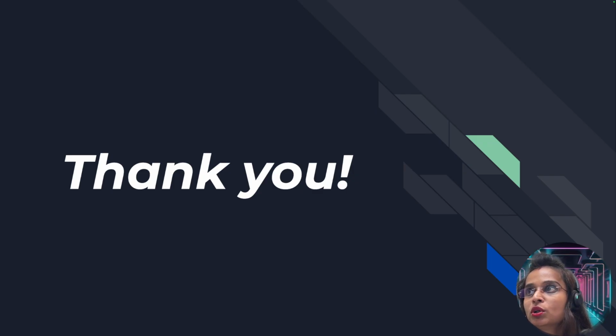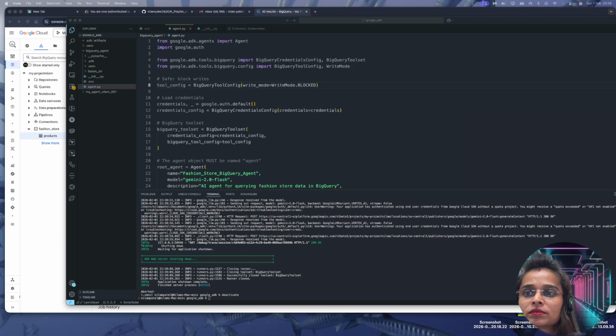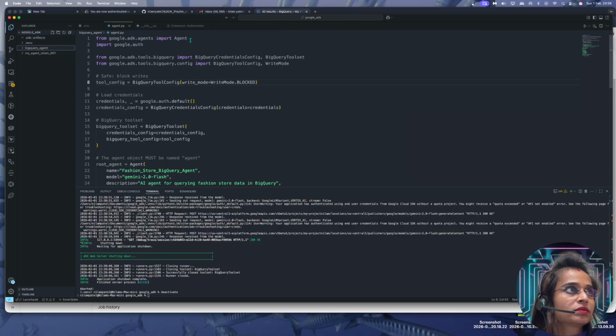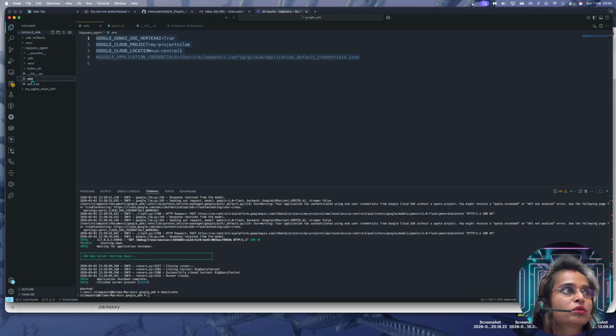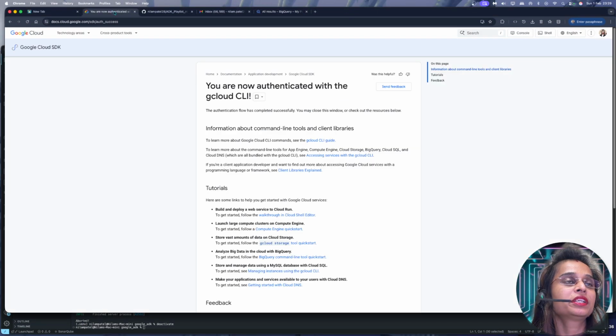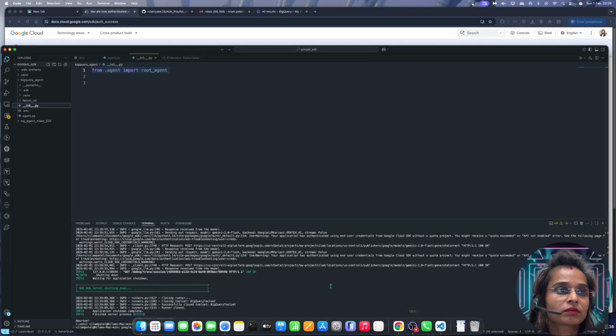I'm going to show you the BigQuery agent. Okay, so this is my folder in which I have written the BigQuery agent. Yesterday we did our first agent, and this is the second folder which I have created. In our environment variables, we are going to enable the Vertex AI flag and place the project name, the region, and the Google credentials for the JSON file. I am already authenticated to my Google Cloud project,